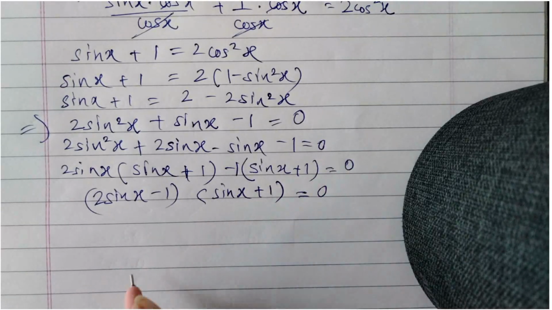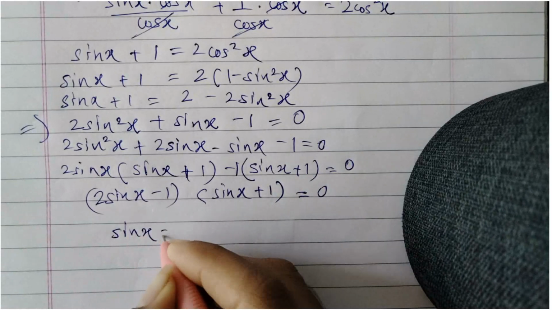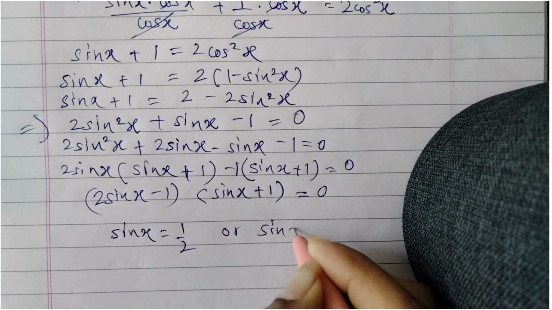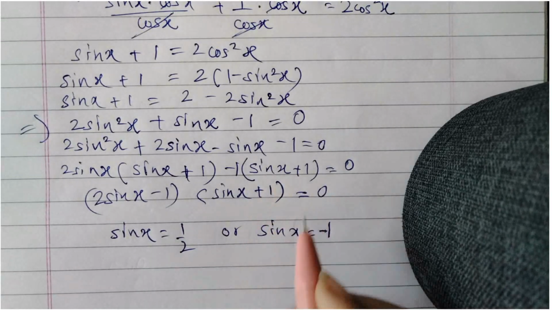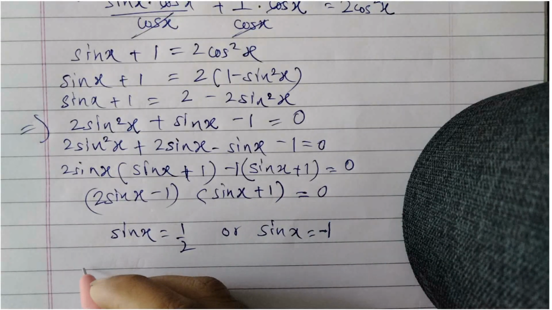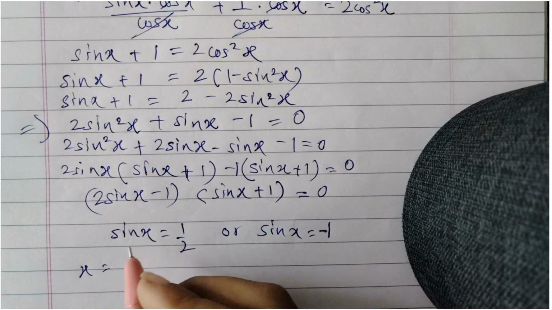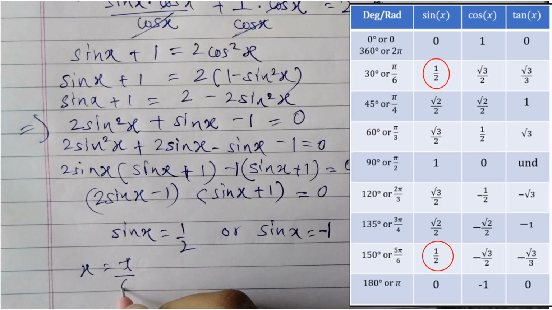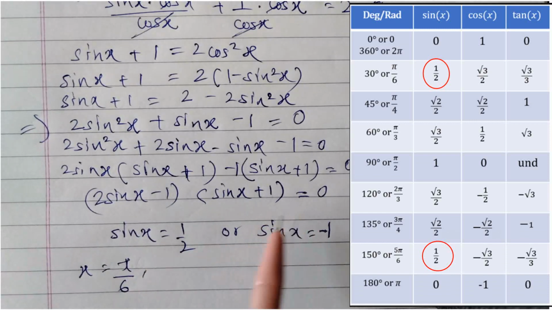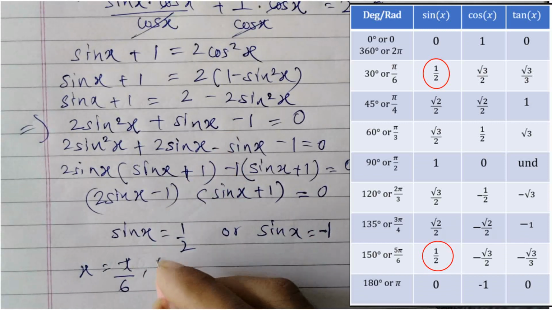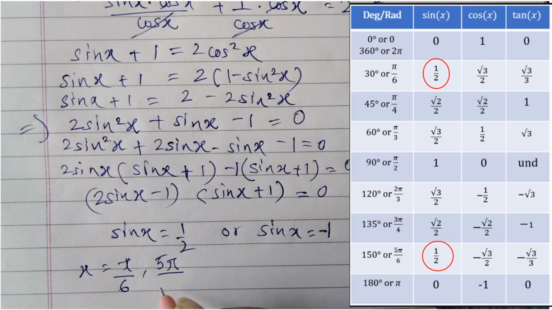Okay, so we will get finally sin x is equal to 1 by 2 or sin x is equal to minus 1. Alright, this will go to the RHS and become minus 1. So sin value is 1 by 2 at 30 degrees, so that is pi by 6. And as you know, our limit is from 0 to 2 pi. So 2 pi means 180 degrees, so we can also get it at 150 degrees. Sin is equal to 1 by 2, right? So we can write it as 5 pi by 6,